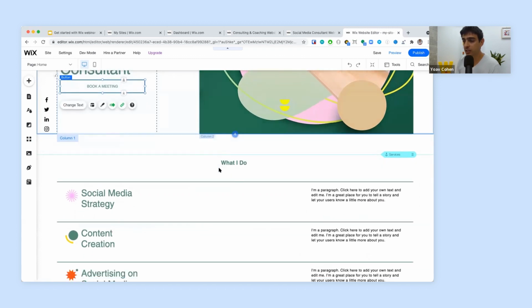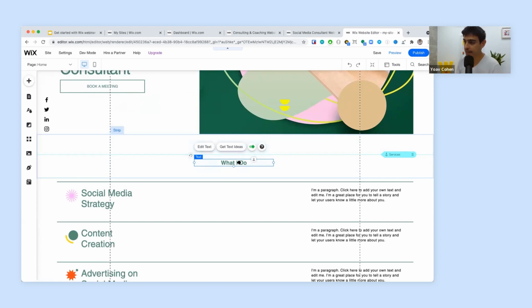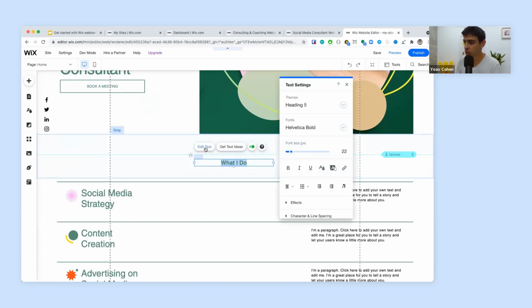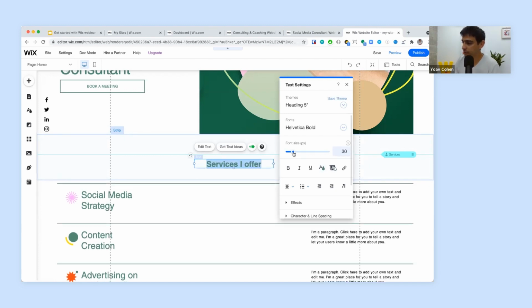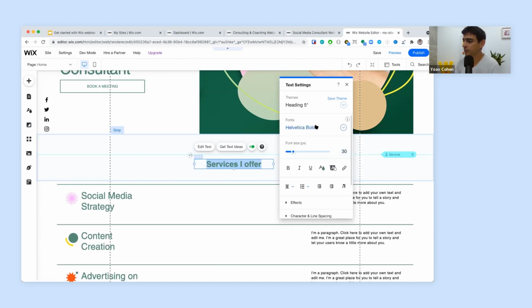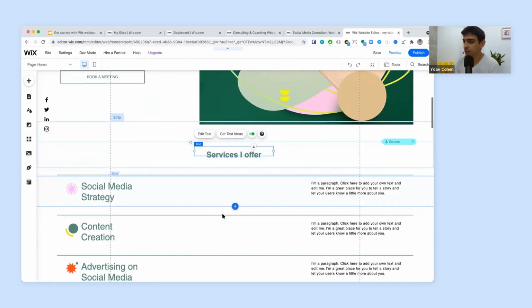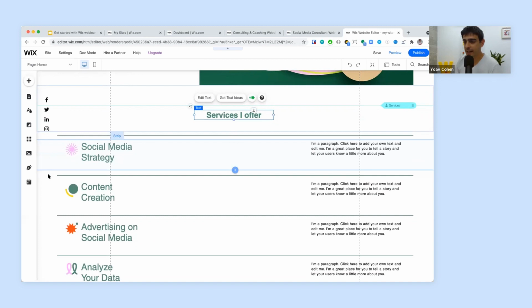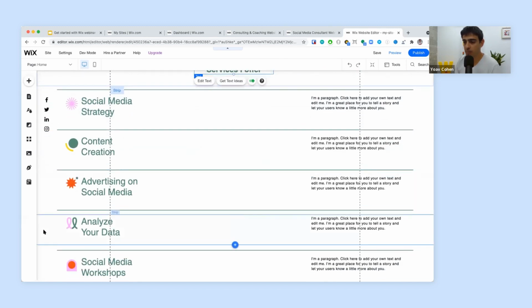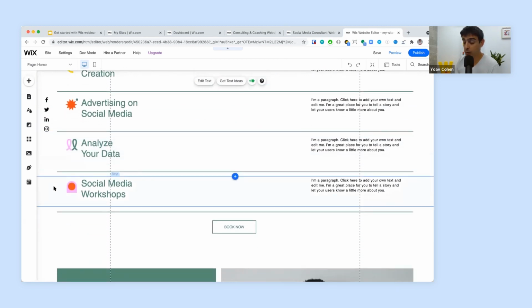Let's move on to our second section. What I do is some nice text, but I don't like its size and I don't like exactly what it says. So I'm going to edit this text to say services I offer. I'm going to select all the text over here and change its size. Let's make it nice and big. Great. Now within this section, you'll notice that I have 5 options for services that this consultant offers, but I